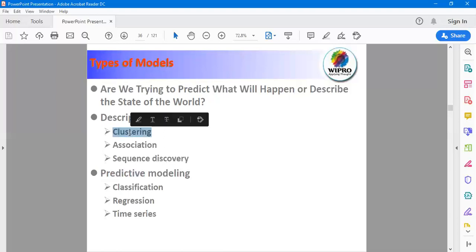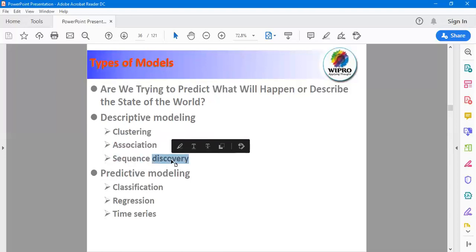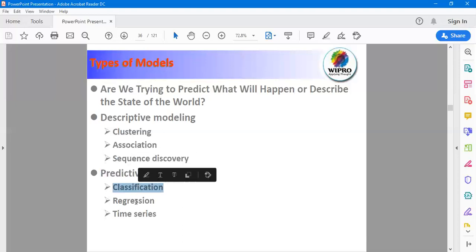There are three main algorithms in descriptive modeling: clustering. In our previous lecture, we learned about the techniques used for pattern evaluation. When we are using the descriptive approach, clustering can be used. Again, with the descriptive approach, association can be used, and sequence discovery, that means sequence mining, can also be used. Whereas for predictive, it is classification, regression, and time series. We already discussed clustering, association, sequence, and classification, and in our last two lectures, also regression. We should only note here that they are data mining techniques and machine learning techniques.